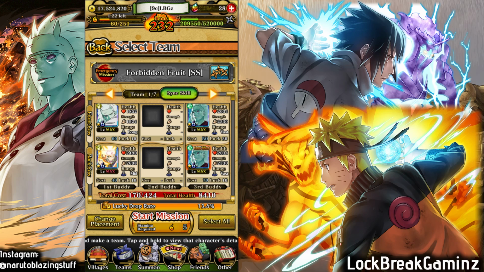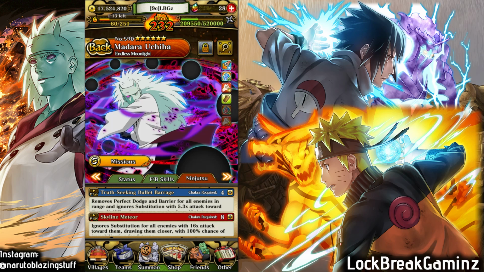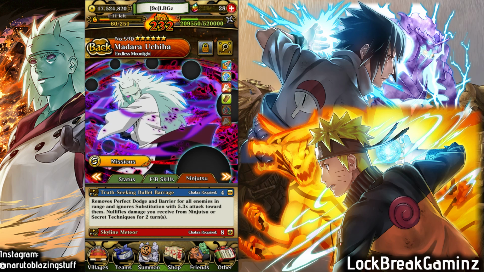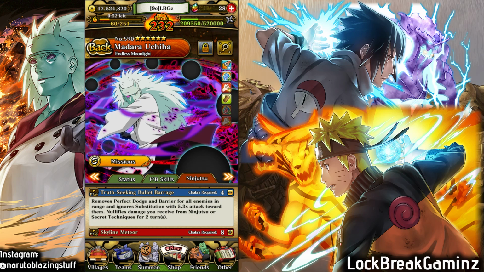Now, this is the main team that I go with. Sage of 6 Paths Madara is here because of his jutsu. It gives immunity to opponents' ninjutsu or secret techniques, which is good in order to counter Map 3's Kaguya secret technique, which does about 20k. Of course, you don't want to take that unless you have an absurd amount of health for damage reduction. So we'll have Madara here to nullify that,